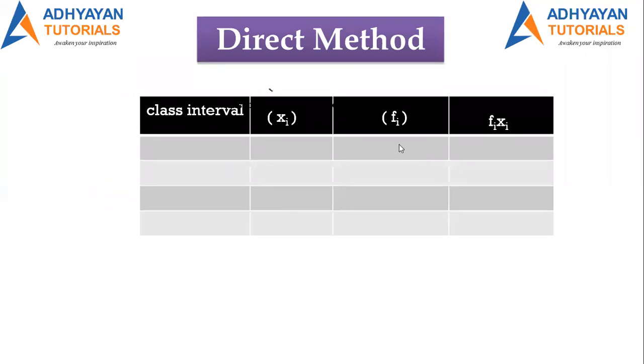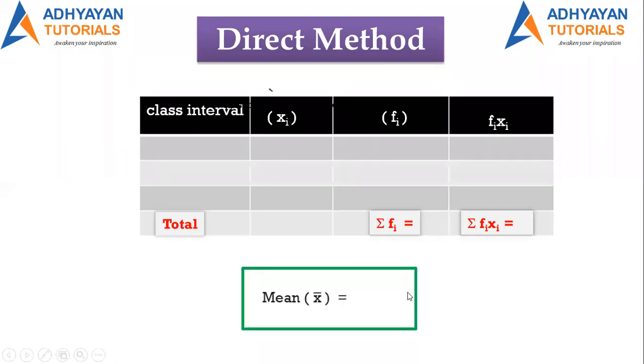Steiner, can you tell me which are the 2 columns given to us always? So class interval and FI. Class interval and FI is always given to us. Steiner, can you tell me the formula for the mean? So summation FIXI upon summation FI. Okay, I just want to correct you. It is summation, or you can say total or sigma. So the formula for the mean is summation FIXI upon summation FI. Perfect. Thank you so much, Steiner.